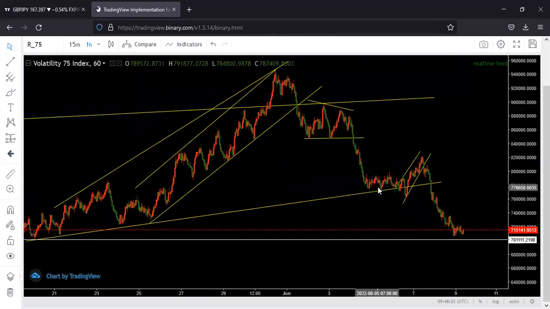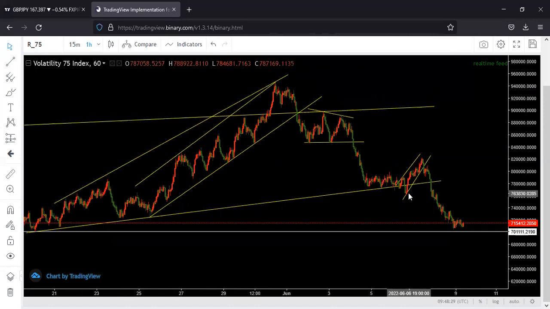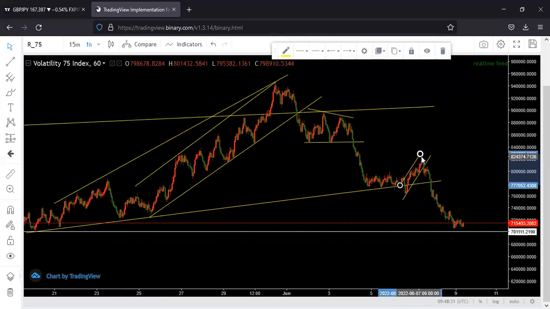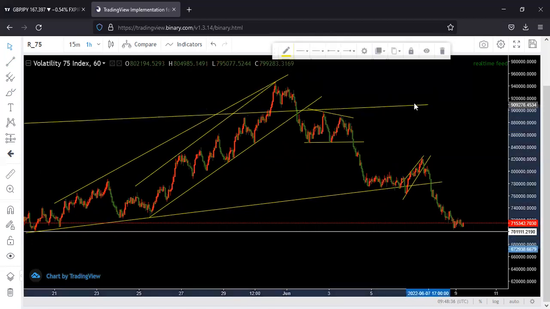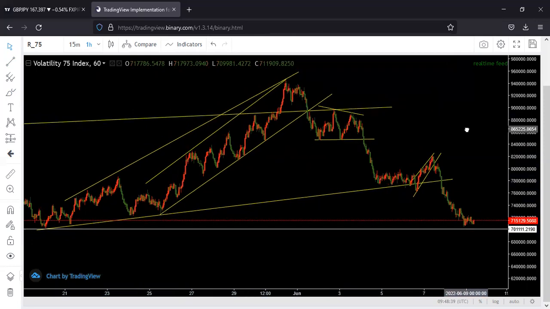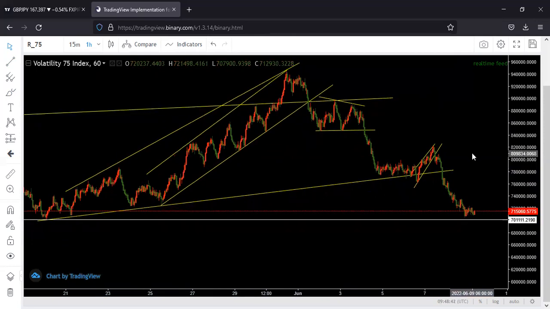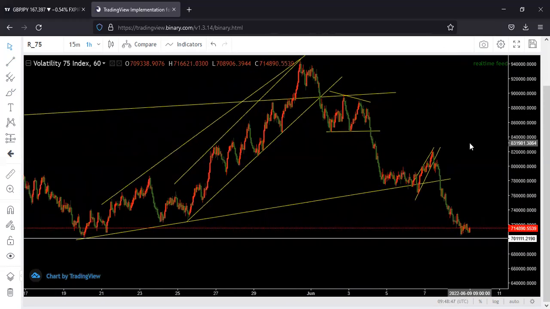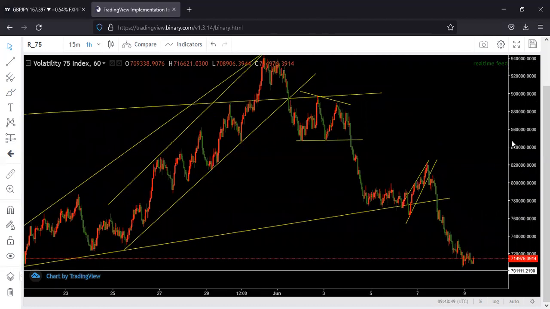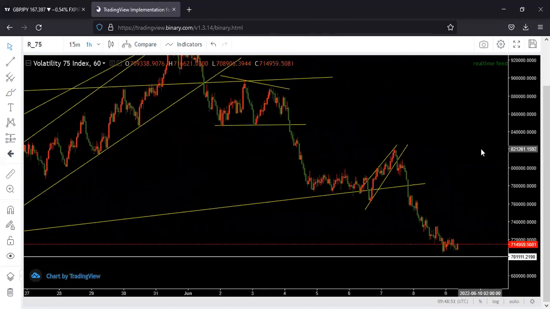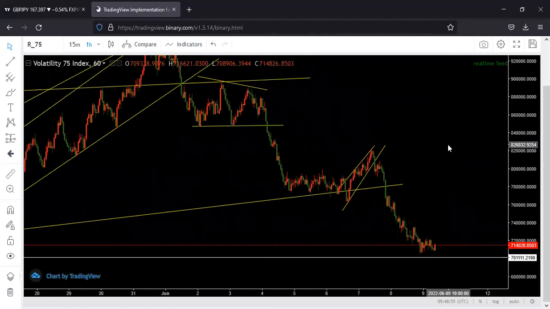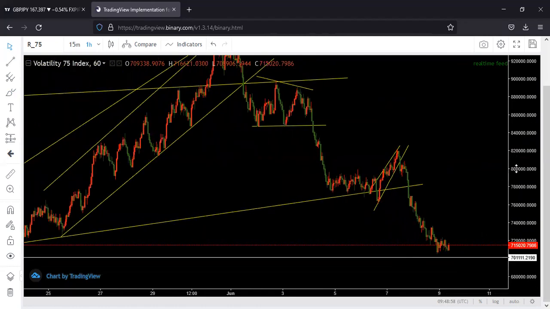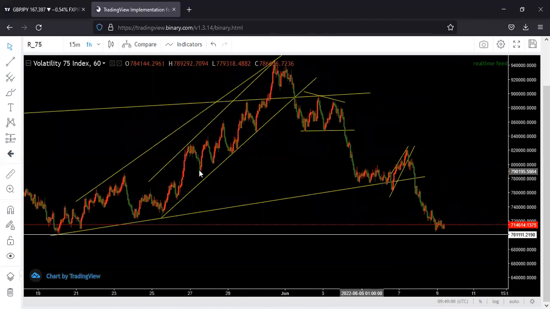Let us go to the H1 time frame. So guys, on the H1 time frame, what are we going to do next here, guys? We are going to tweak our trend line as well. You see, I'm going to tweak this. All right. I'm going to tweak this trend line like this. So you see. Now, guys, what are we going to do next here? We are going to look for the possible entries. You see. So now, maybe we have to be patient and wait for this kind of